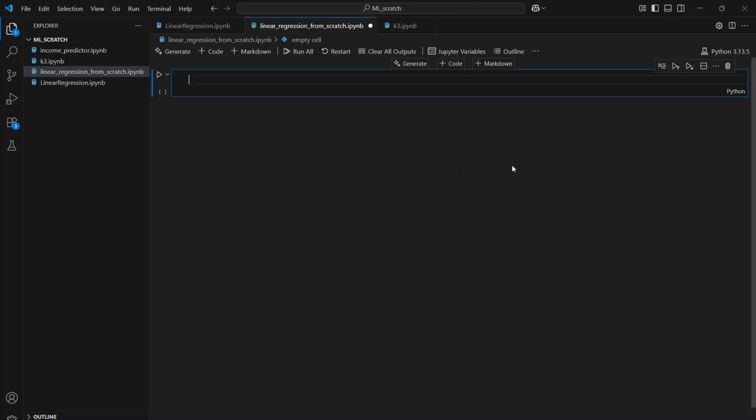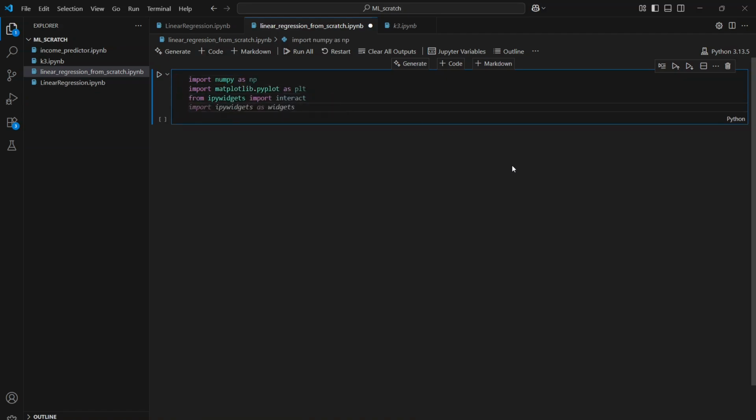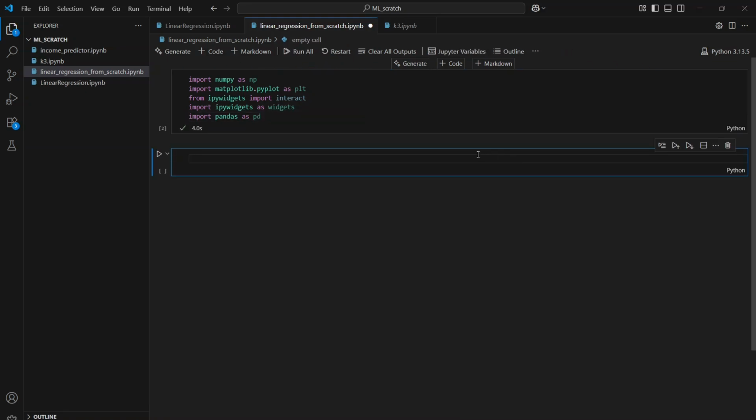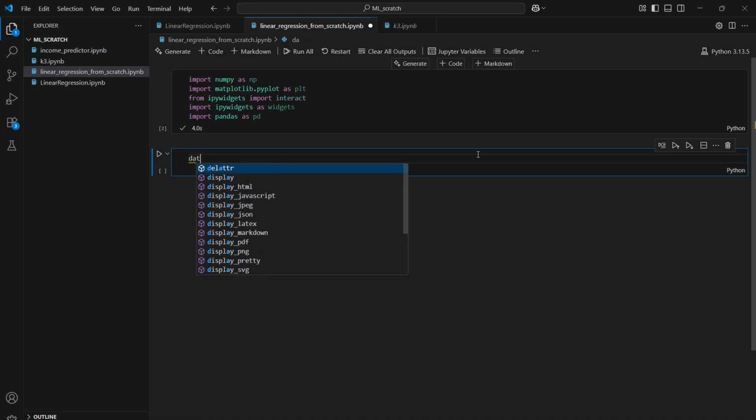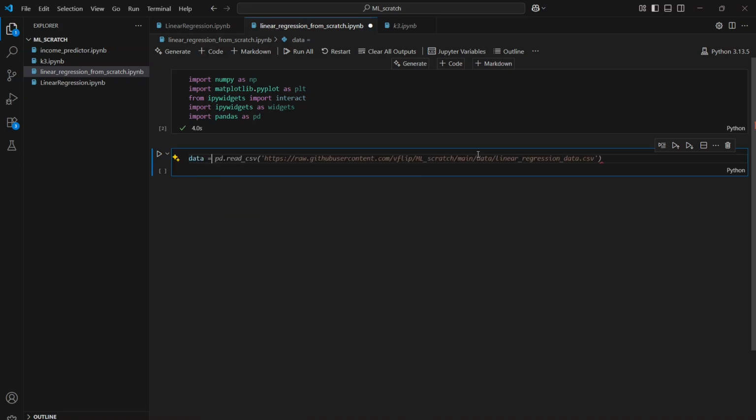And first of all, you need to import libraries. And then when you're done, we're gonna be making our own data this time. So let's say our problem,